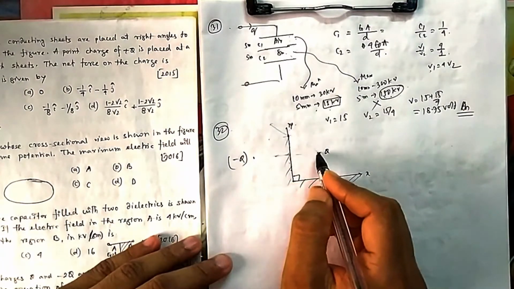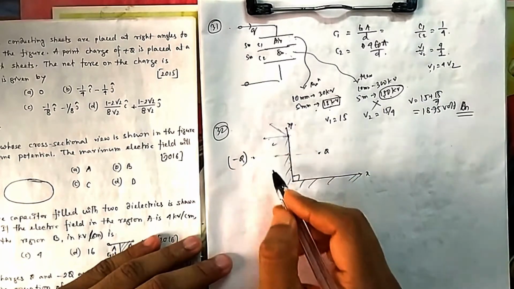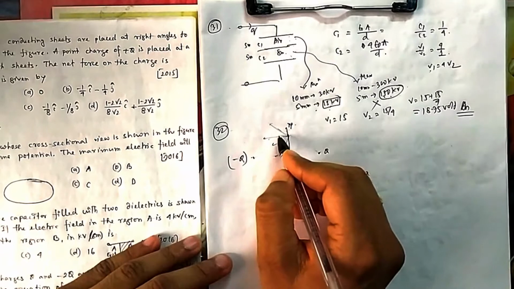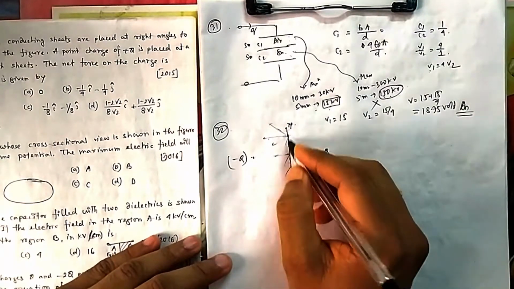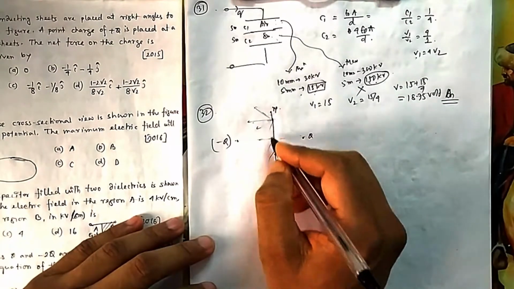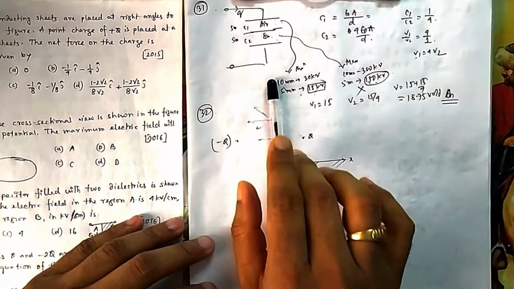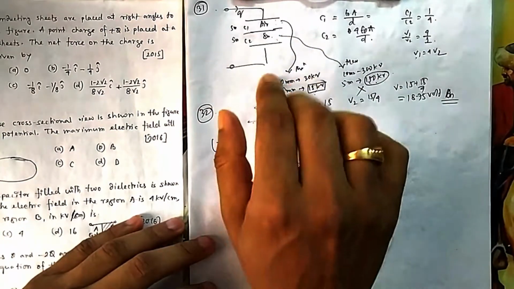So what will happen: if this is pulling this way, this will attract in this way, so the net E will come this way. Why do we need E in this way? Because it is equipotential, we have discussed it. In the case of a conducting surface, there will be no drop. So no drop means you are not moving along the gradient.